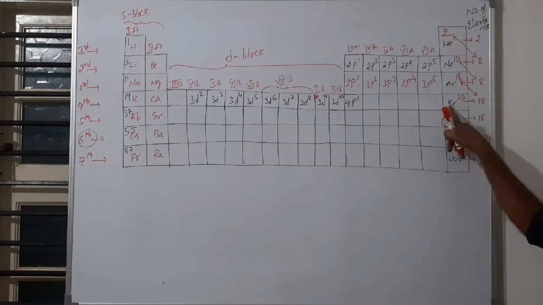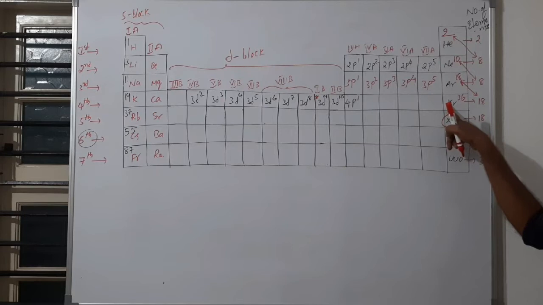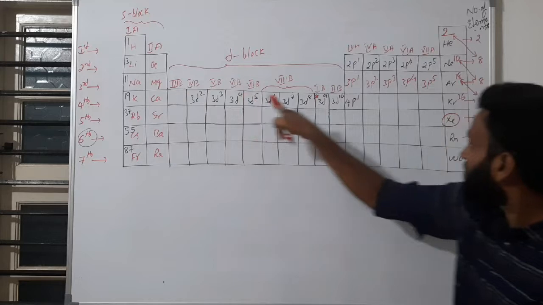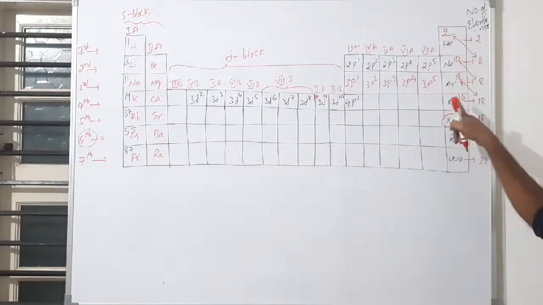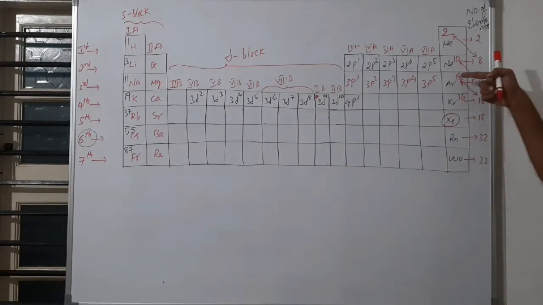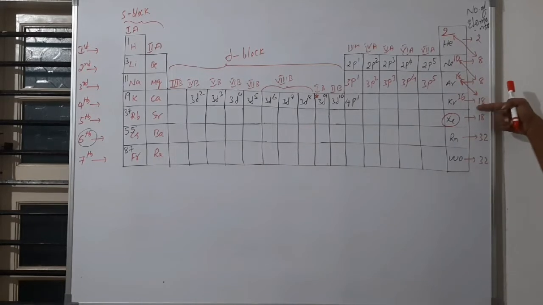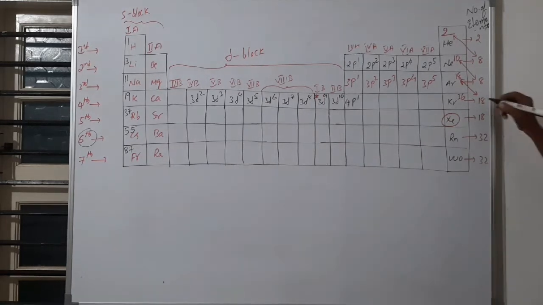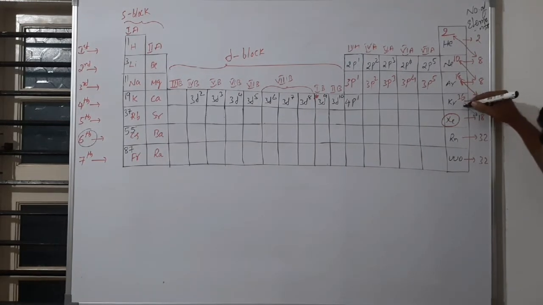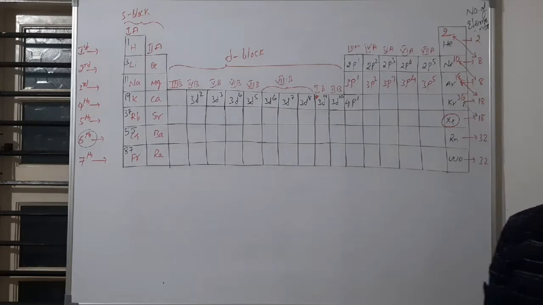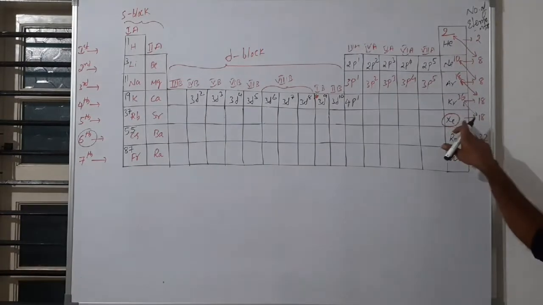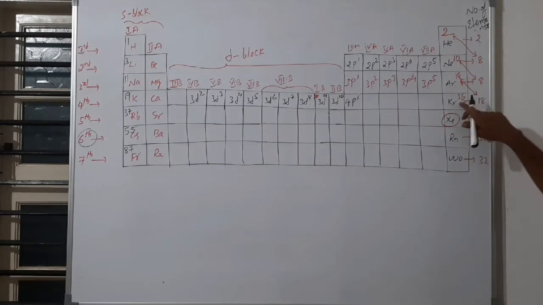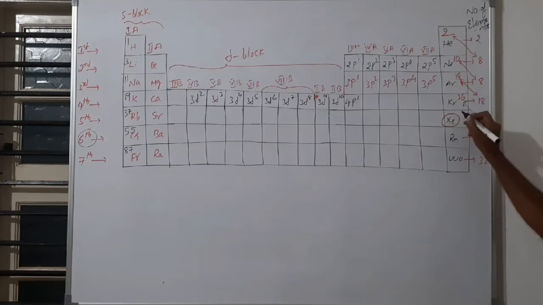Now krypton's atomic number I want. Krypton comes under the fourth period, and before krypton is argon, 18. In this particular fourth period there are 18 elements. So 18 plus 18 is 36. Now I want 36 plus 18: xenon's atomic number. In this period, how many elements are there? 18. And above xenon is krypton. So 36 plus 18 is 54.